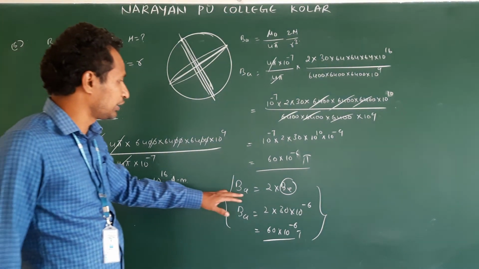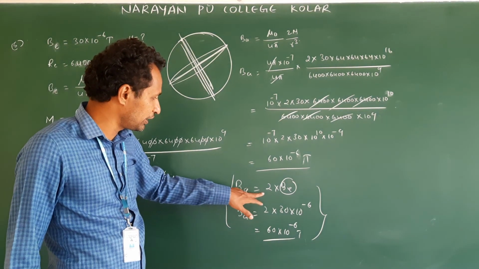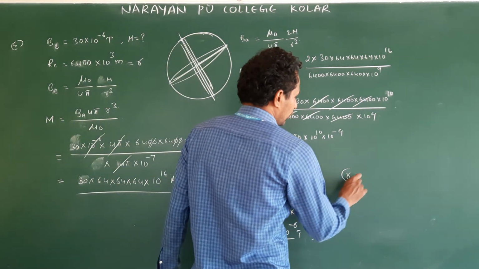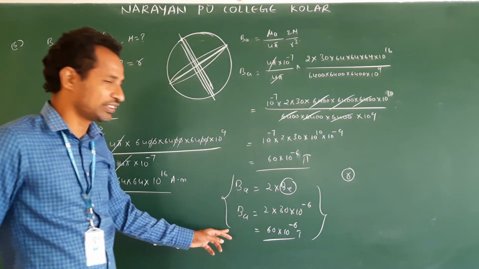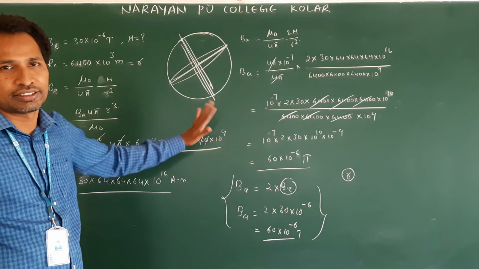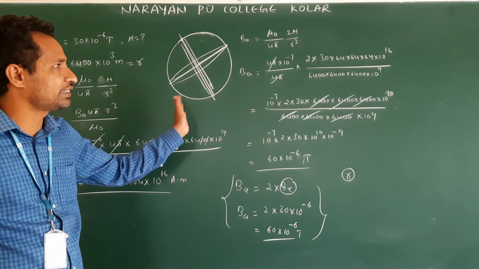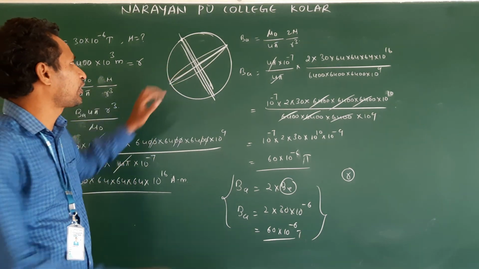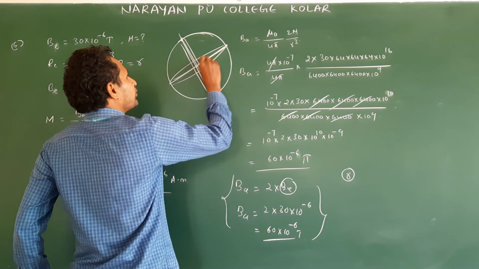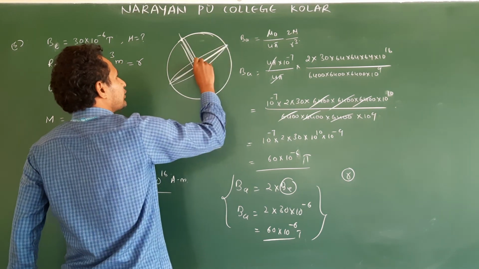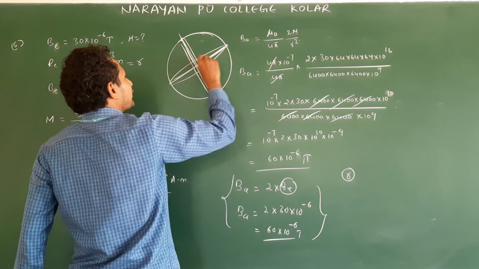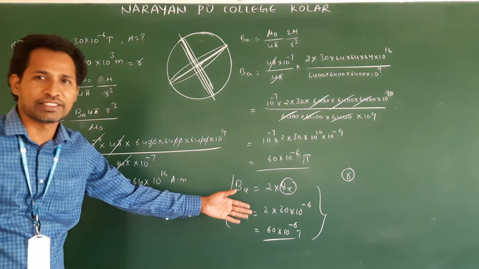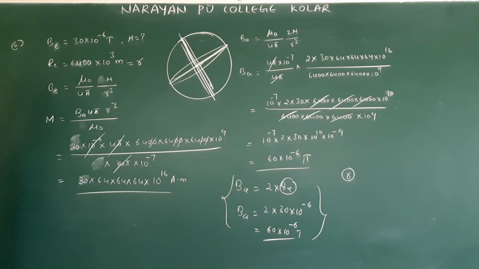This formula is valid when BA is equal to 2 into BE. When the distances are equal, when R is the same, then we will follow this relation. Otherwise, if the distance changes, we need to follow this method only. Clear? But from the center to the equator, and from the center to the magnetic pole, the distance remains the same. That's why you can select this formula, then you will get the answer. Clear?